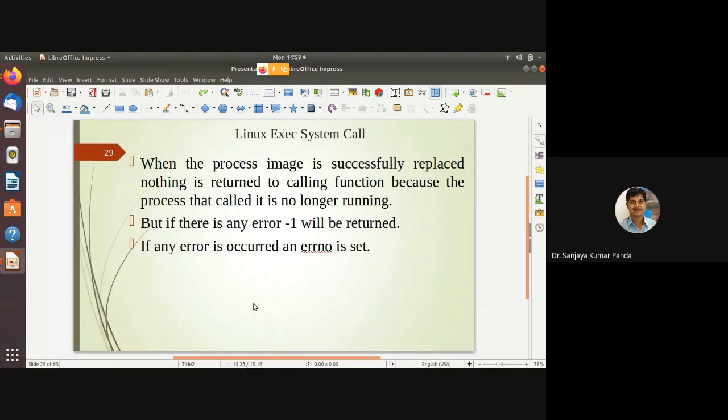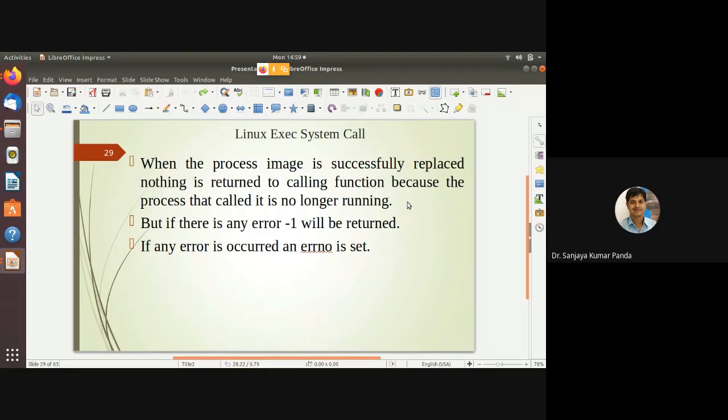In that case, it is not done. So the same thing is discussed here. When the process image is successfully replaced, means you are successfully replacing the old file with the new file, nothing is returned to the calling function because the process that called it is no longer running.